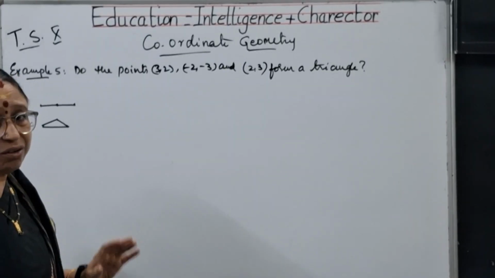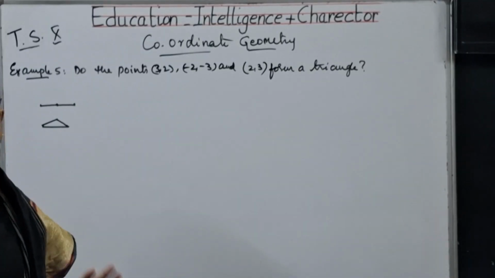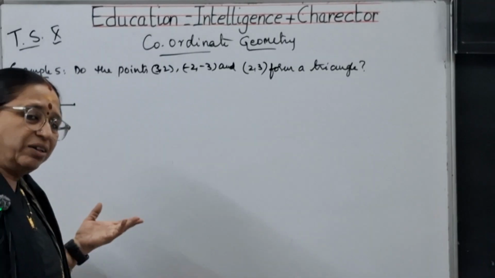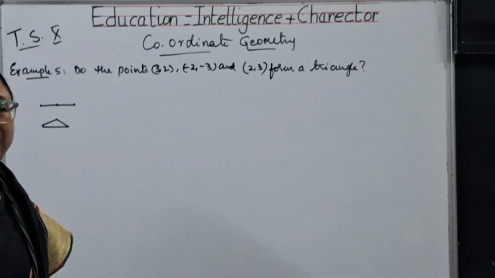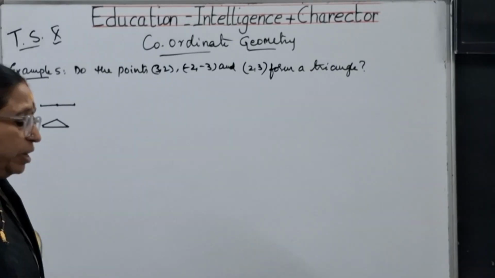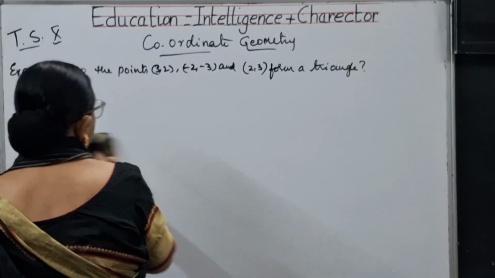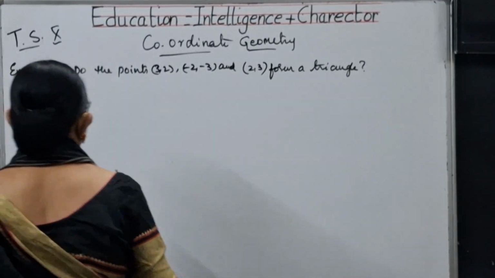So the only thing you can do is see whether the points are lying on a straight line or not. If they are lying on a straight line, they don't form a triangle. If they are not lying on a straight line, we can directly say that they form a triangle. So let us start doing this sum, children. Let